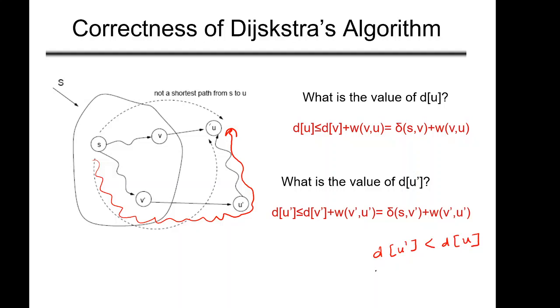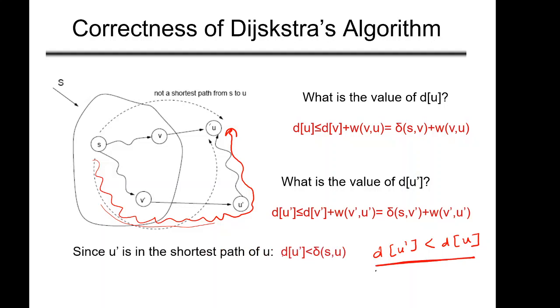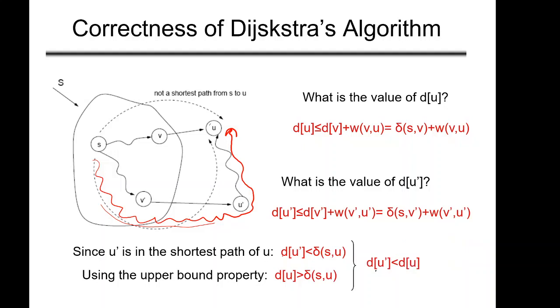That's what Dijkstra is saying, right? The Dijkstra algorithm will work if the weights on all the edges are positive. No negative weights are allowed on the edges. So if the edges are positive and this is the shortest path, then definitely the distance from S to u dash is less than the distance from S to u. Agreed? We can claim this. This is what is written here: since u dash is on the shortest path, this is true, and from the upper bound this is true, so basically d[u dash] is less than d[u].